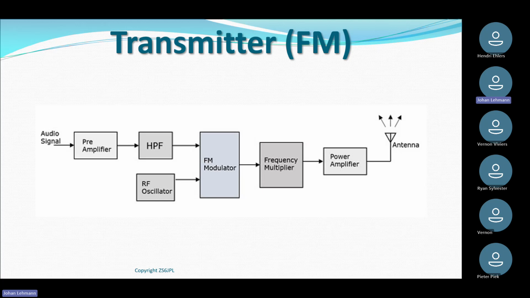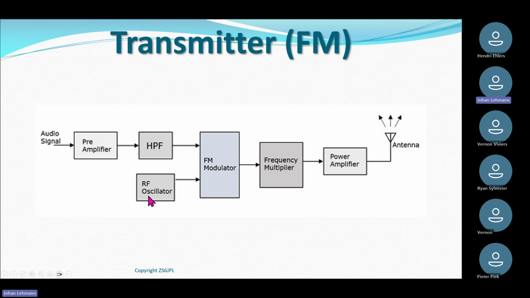The other thing to consider with the FM modulator, and there are ways in which it gets fixed, is that the amount of deviation, or the amount of frequency change, is also influenced by the frequency of my voice or my modulating signal. This is one of the reasons why FM transmitters will always have a high pass filter, so that the lower frequency components of your voice do not reach the FM modulator.